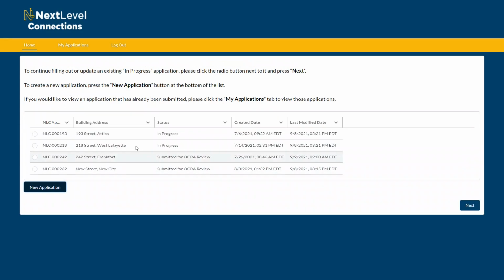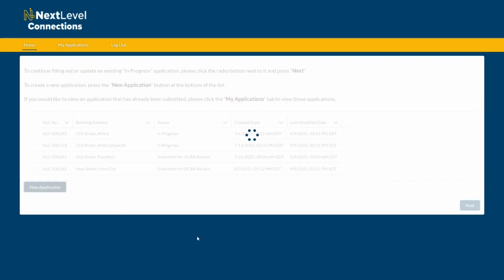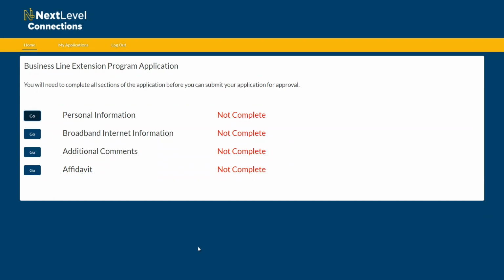If they have existing applications that they've already created, when they want to create a new application in that situation, they would click on the new application button here on this screen. That will create a new application and give it a unique name, and they can begin filling this out. Let's just take a quick look through each of these sections to see how they're laid out on a new